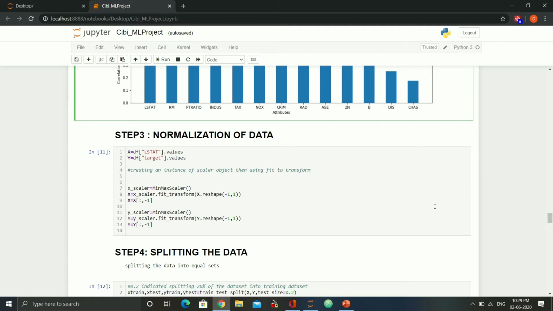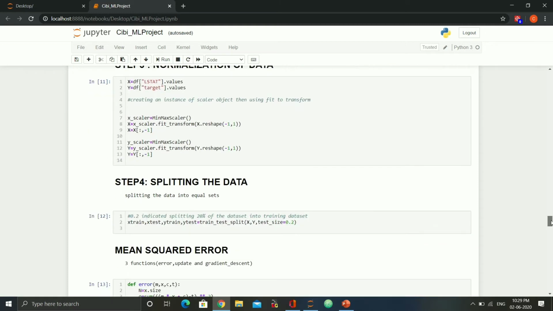Next we go for splitting of data. Here we split the data into training set and